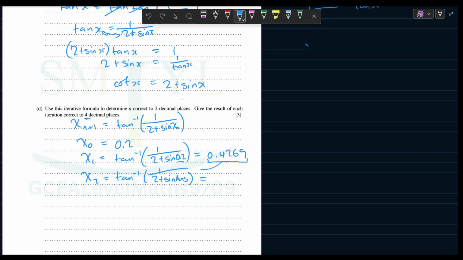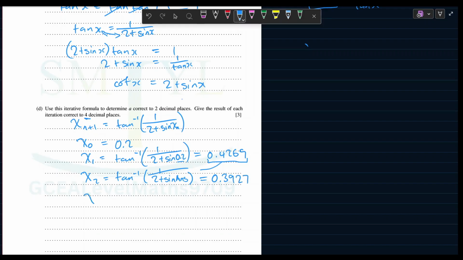Okay, and so what this ANS button does is that it stores the result of the previous calculation. So now you don't have to keep manually punching in the result of the previous iteration. So you just have to simply press equals. Once you've substituted with ANS, press equals, you get the result of your next iteration. So I get